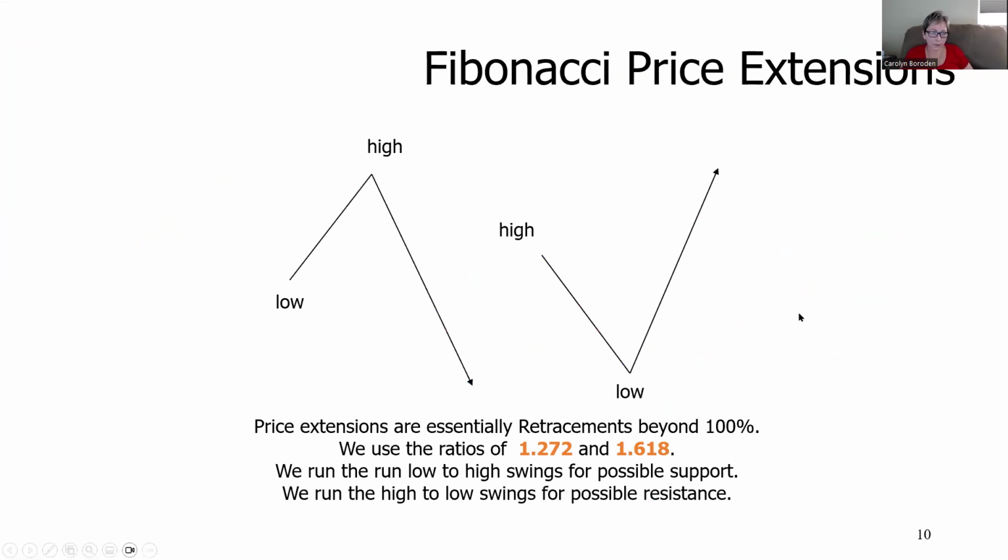Okay, so that's what a retracement is. A Fibonacci price extension is essentially a retracement beyond 100%, okay? Because you're still using only 2 points to run these price relationships. I'm measuring a prior low to high swing, and I'm extending down past 100% using the extension ratios of 1.272